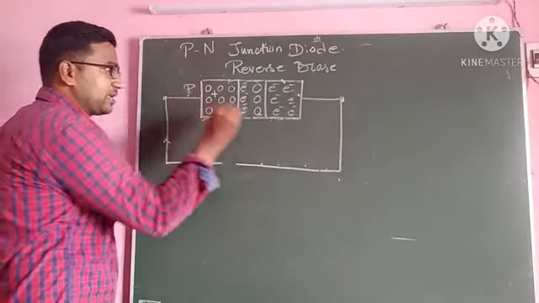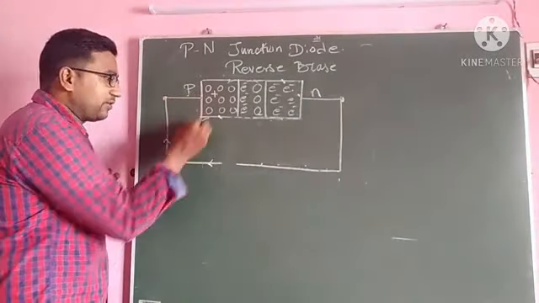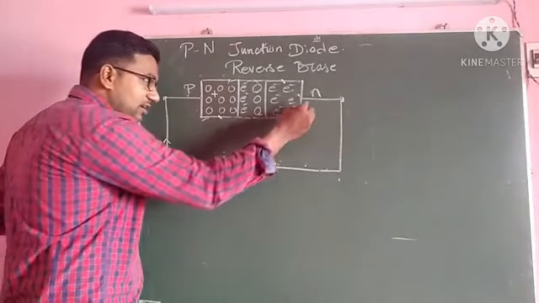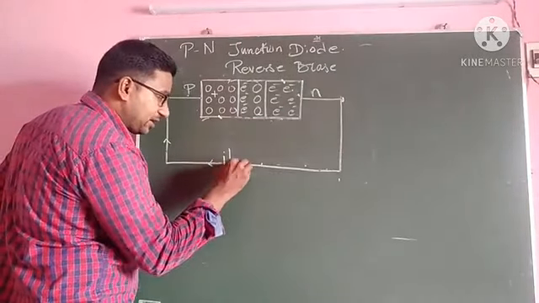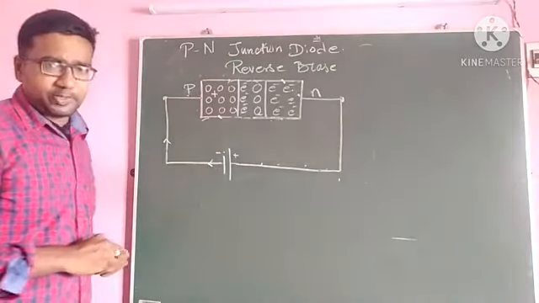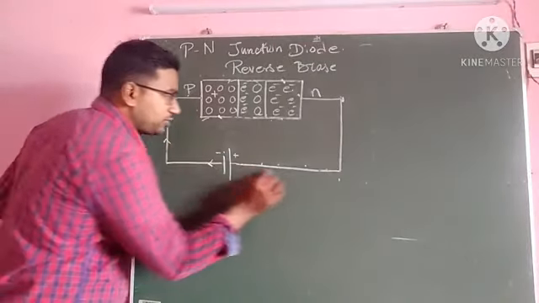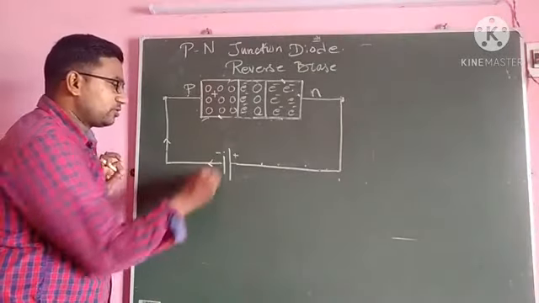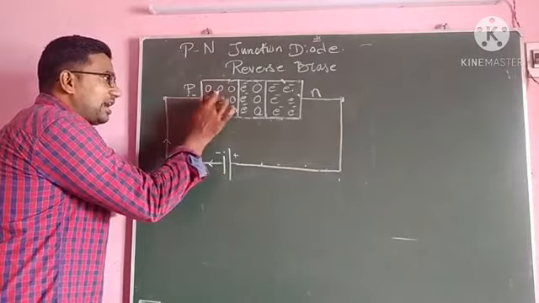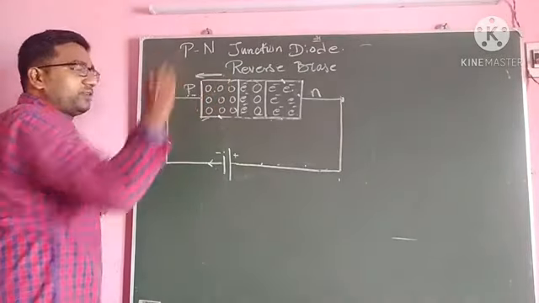This is the P-type semiconductor. This one is the N-type semiconductor. I am going to put a negative potential to the P-type semiconductor, and then a positive potential to the N-type semiconductor. Now the polarities are interchanged. What will happen? The negative potential goes to the P-type and the positive potential goes to the N-type. So the negative potential approaching the P-type semiconductor attracts the holes. So all the holes are drifted towards the P-type.